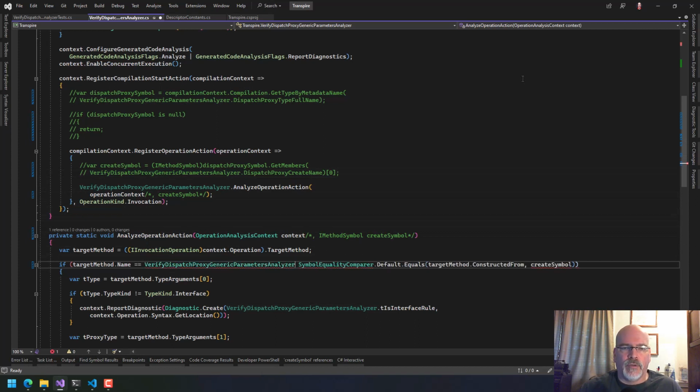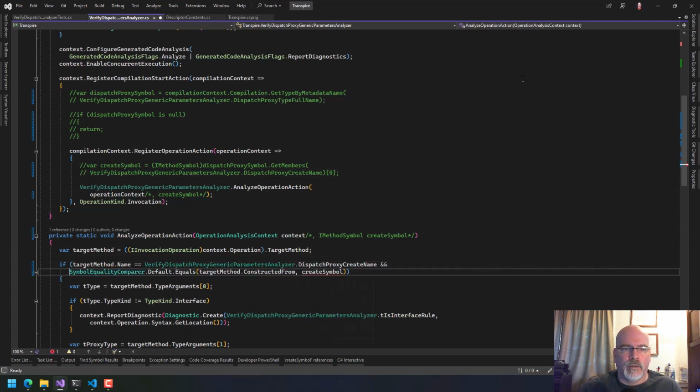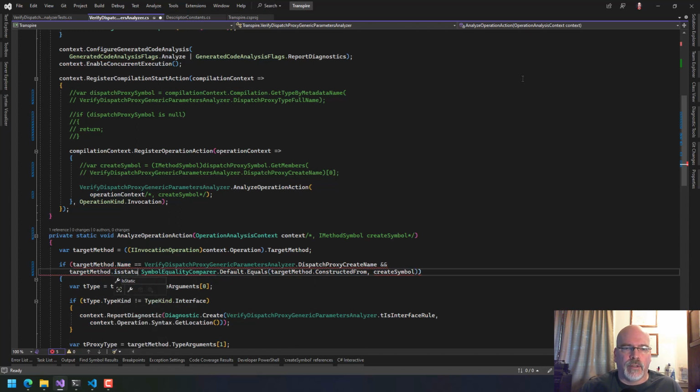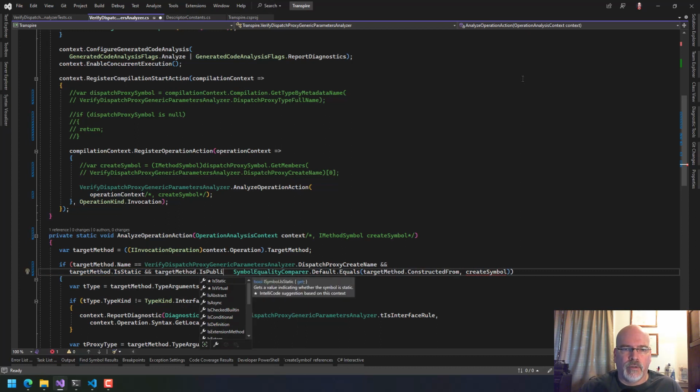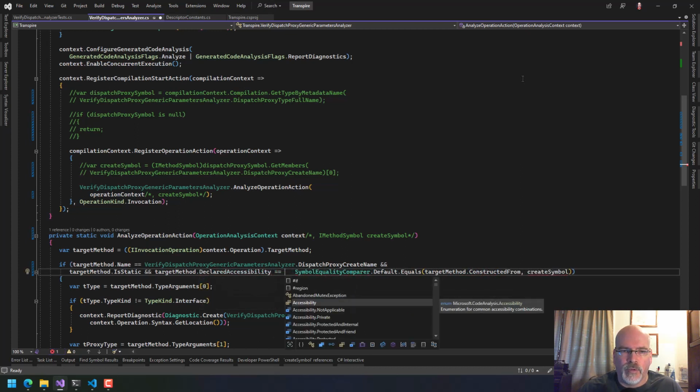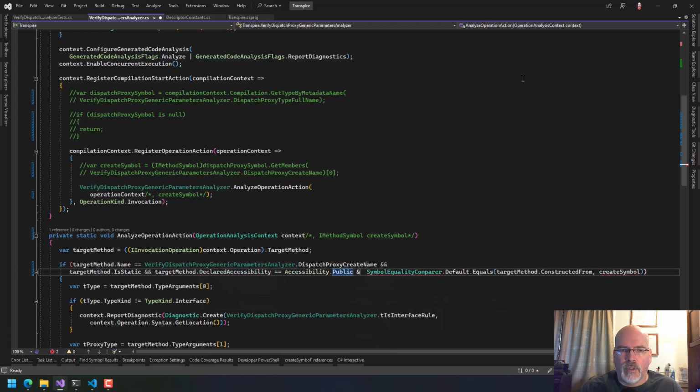We can say if it's equal to create, okay, and target method is static, and target method is public. Is that accessors? Declared accessibility equals public, and